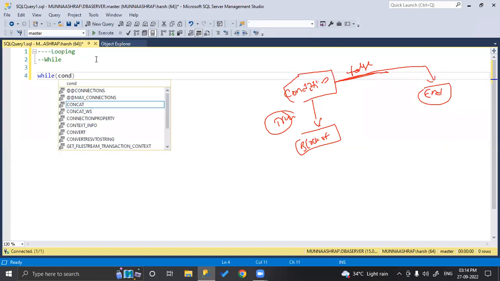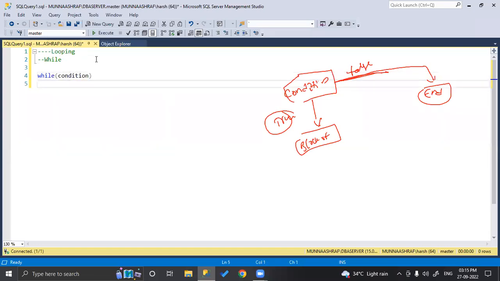While condition, begin, and then the block of code. If the condition is true, this block of code will be executed some number of times. Until the condition becomes false, the block of code will get continuously executed. With one example, you will come to know. No need to worry. Okay, so write down this one.